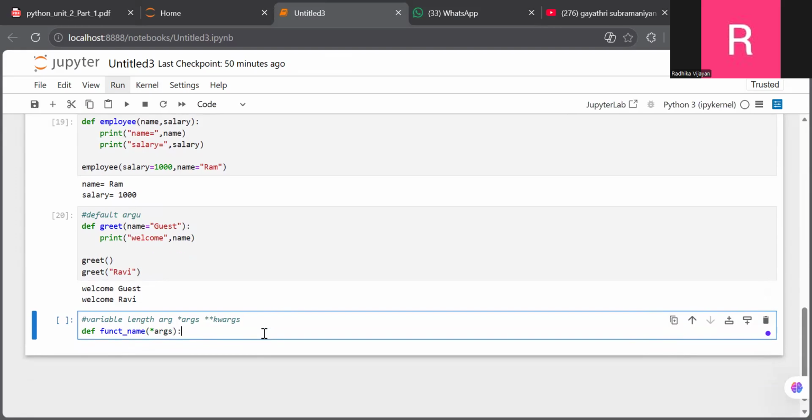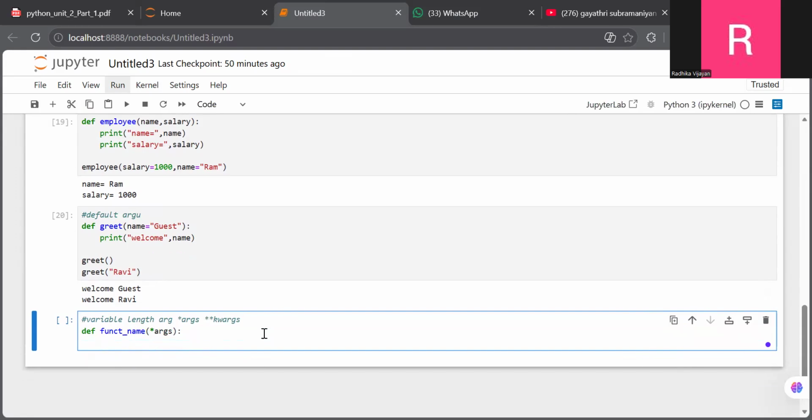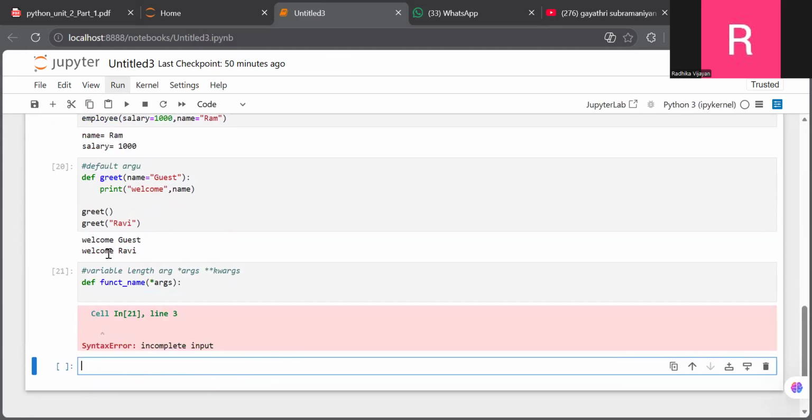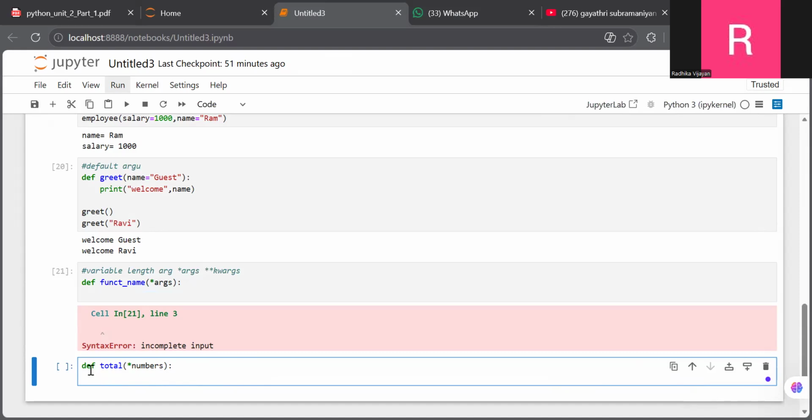So this argument, many parameters you can use. Okay, so we go for another example. For this we can go with one example: def total, for example, with *numbers. If suppose in the variable, meaning variable length argument, any numbers we can use, not a particular 2, 3 like that, any kind by using this star. So you just print the numbers,